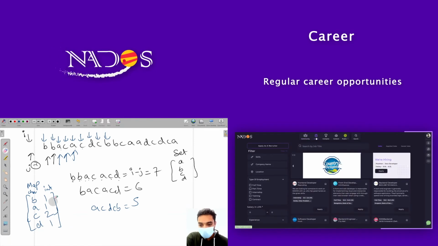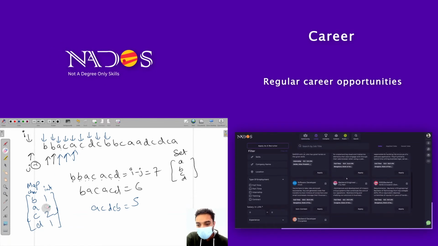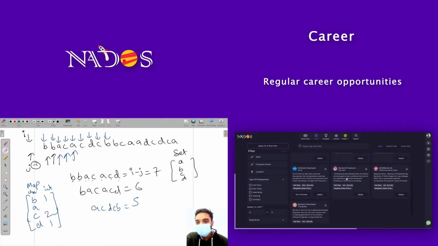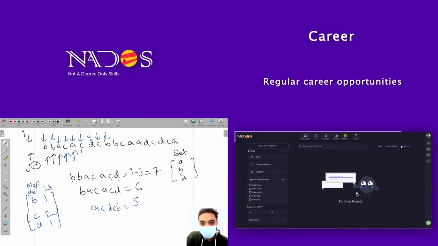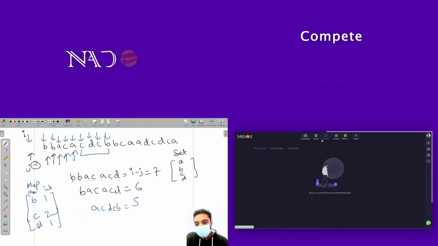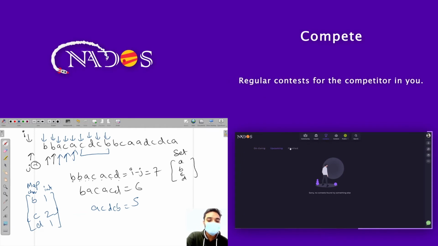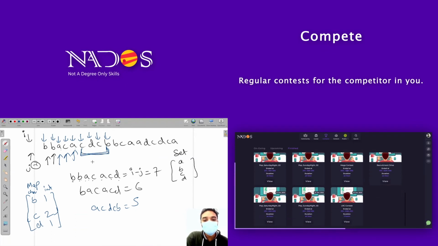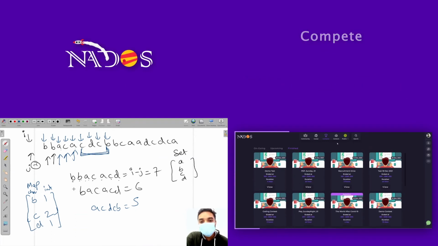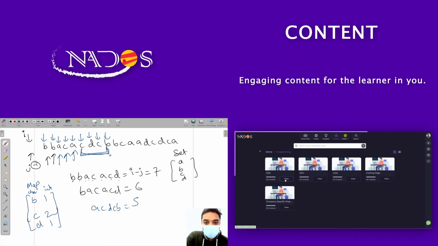Okay. Yeah. So I'm at a. So I'm going to delete this a. Yeah. So now I have deleted this a, now I can see I can't take this window because my map size is now less than set size. That means in this string all characters are not included. Okay, what we are doing, we are finding the smallest window which is containing all unique characters.